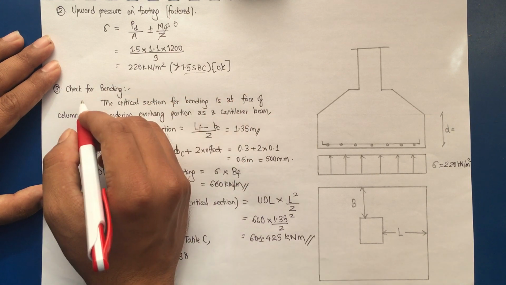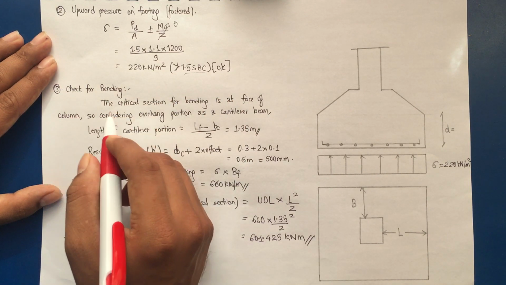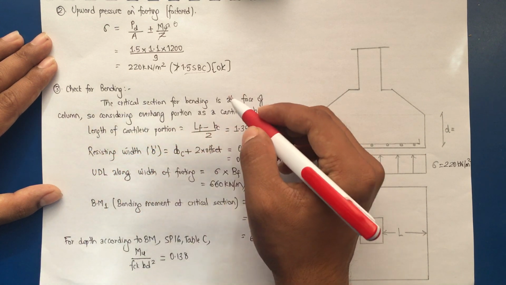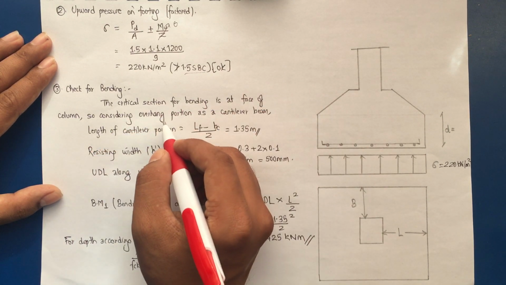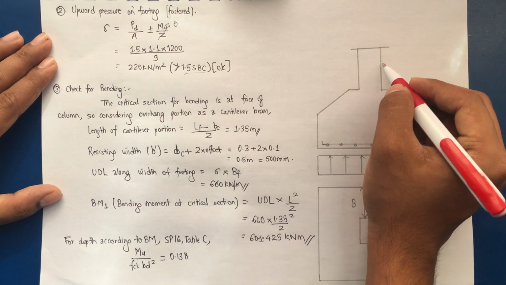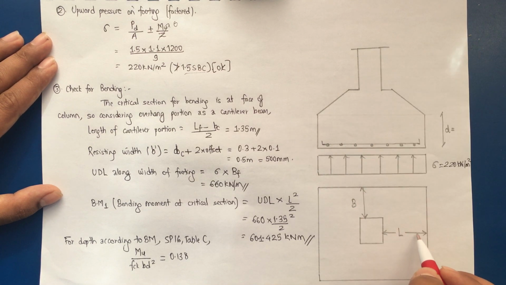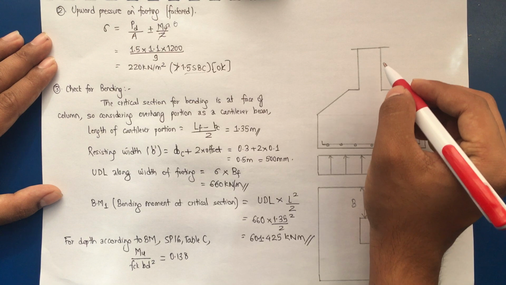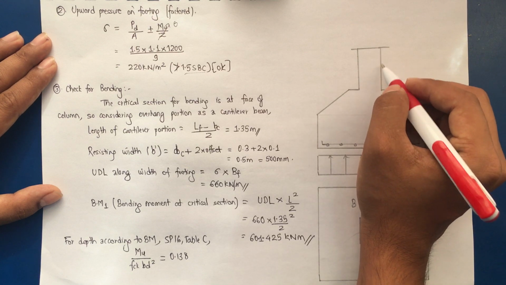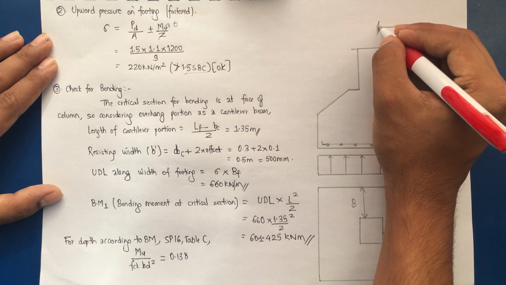Third step is to check for bending. The critical section for bending lies at the face of column, so considering the overhang portion as a cantilever beam. That basically means the soil pressure under this area is responsible for causing the moment about the axis YY. So as we know, this portion, or we can say the critical section, is at the face of the column. So now this can be considered as a